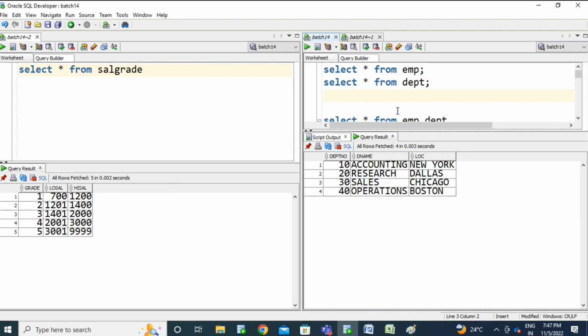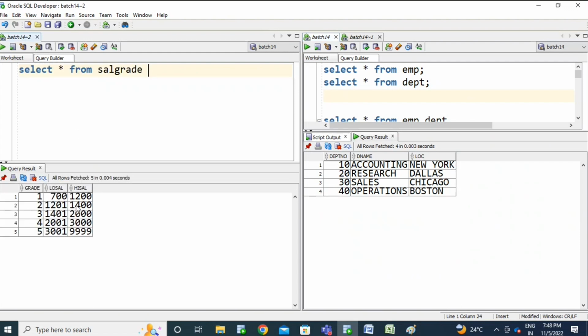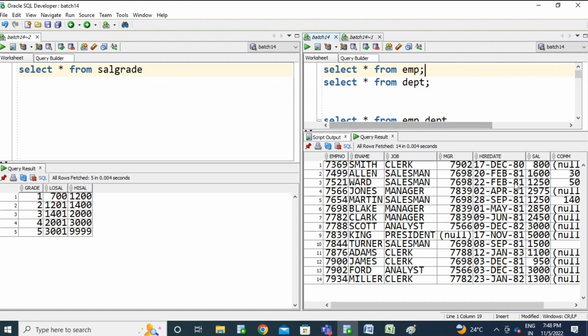Yes. Right. So now, how can we put the join? How can we put the join using this table? Okay. In this case, you need to analyze this data. See, this table has low SAL, high SAL, and grade. If you come to this EMP table, this table has the salary column. So maybe this has a relation with the low sal and high sal. So we have the lower bound and upper bound. You are trying to compare the salary between low sal and high sal.